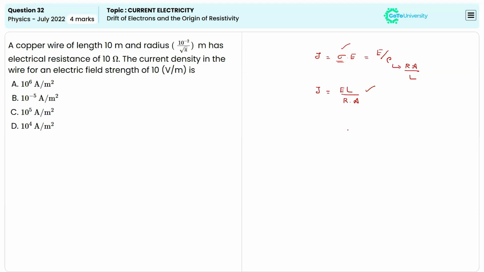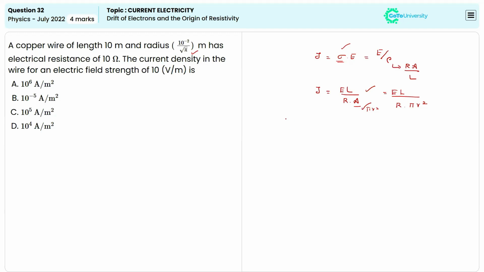Here we don't have a value of area. I hope you people know how to find the area. Area will be calculated using the formula pi r square, right? So the actual equation we are going to use here is EL times R divided by R times pi r square, right? Now we have all the values, but here we don't have a value of R. We just have a value of radius in terms of pi. Okay, just apply all the values.